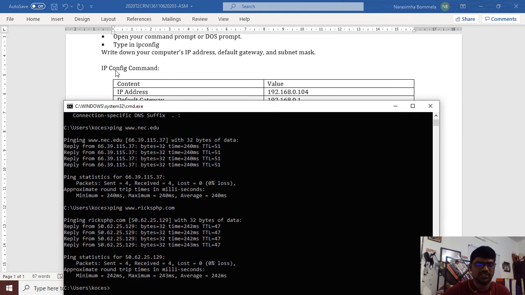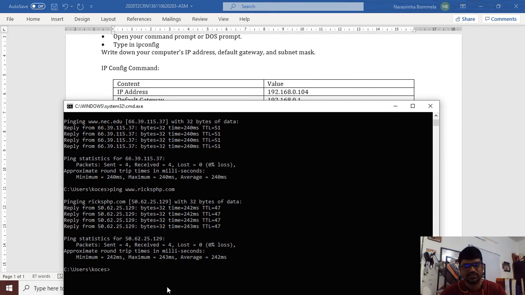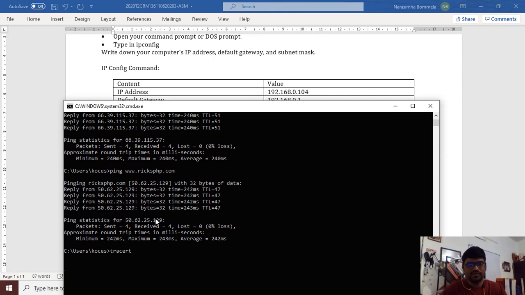To trace these routes, we use Tracert, www.rixphp.com. This is another important command, Tracert, which we call trace route. It traces the route. We can use this command for tracing the route between our IP address and the target IP address.